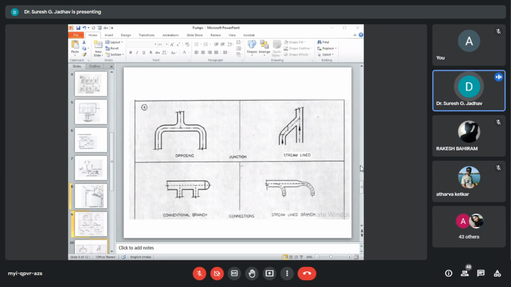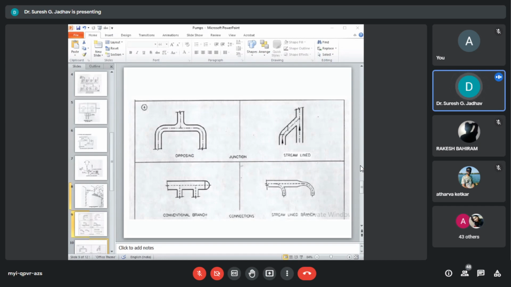The complexity of piping system design, maintenance, and troubleshooting requires the process engineer, the maintenance engineer, and the piping engineer to be on the same wavelength and work more closely together. So this is all about the pumps.